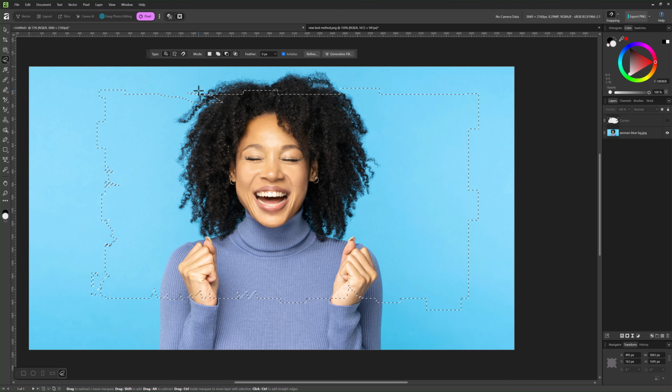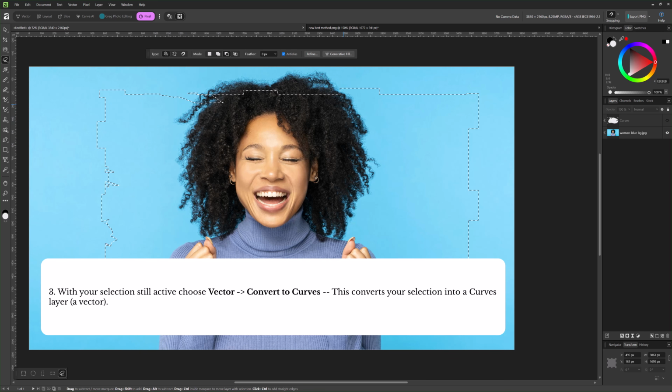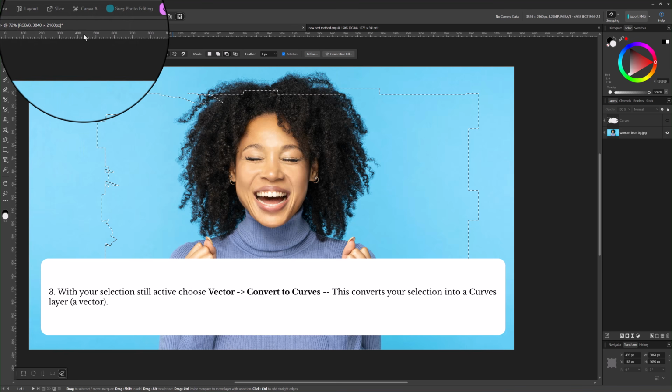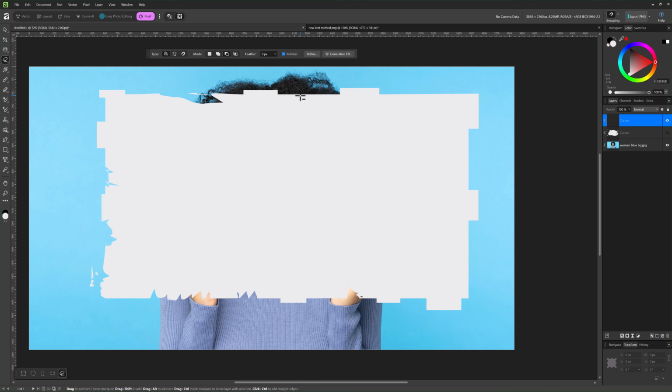Now, if you'd used the pen tool or something like that, you'd already have a curves layer. Since we don't have a curves layer, since we do have these marching ants, this is when we're going to need this step where we go under the vector menu and choose convert to curves. So once you have something like this, where you actually have a curves layer, whether it's by using shape tools, the pen tool, or creating a selection like we did and then converting it to curves, either way, once you do that,